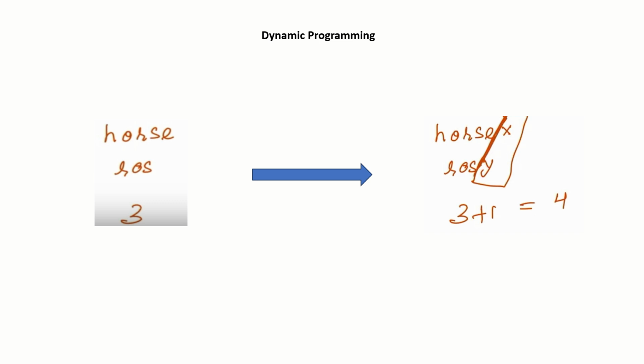We'll be following the idea of dynamic programming in this case. It's because HORSE, if you look at it, to be converted into ROS needed 3 operations. What if I were to include another letter X? How does the number of operations required change? In that case, it's actually 3 plus 1. So how did I arrive at this value? It's because HORSE to be converted into ROS required 3 operations, and it's just one letter that has to be changed from this point. So it is 3 plus 1, equal to 4. So we are basically using the subproblem's results in order to solve a larger problem, which is the concept of